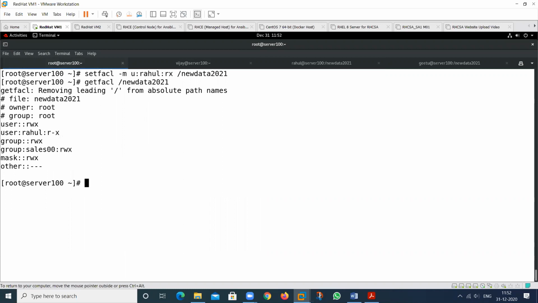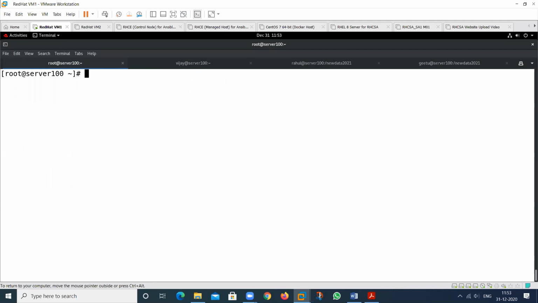If anyone asks, if we have a user that also belongs to that particular group, and if I provide a specific permission by the ACL, then which will take the first preference? So the user permission will take the first preference. After that, the group permissions can be applicable for that particular file or that particular folder. So I think your doubt about the ACL has been cleared.